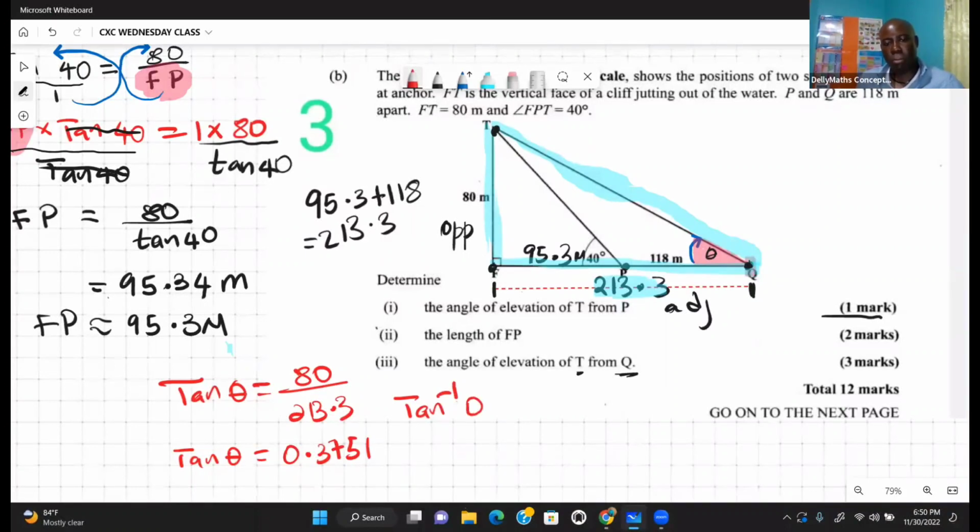That symbol comes up. Put the number here and it's going to just throw out that angle for you. 20.56, but they didn't tell us, so we're going to have to say 20.6, 3 significant figures. So